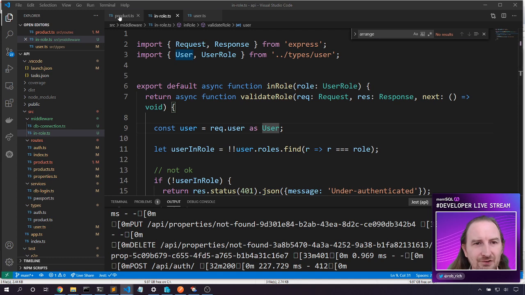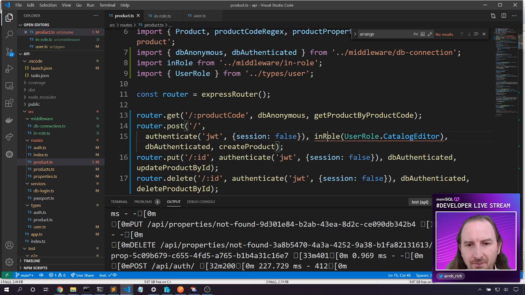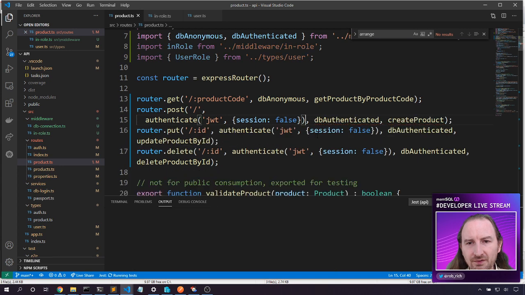That is strange. Did it pull in the spot from... Nope. Okay. Well, anyway, let's come back to that. Let's write a unit test around this, in role. So in this case, I'll do a unit test. Let's create a new folder, middleware. Let's create a new file in